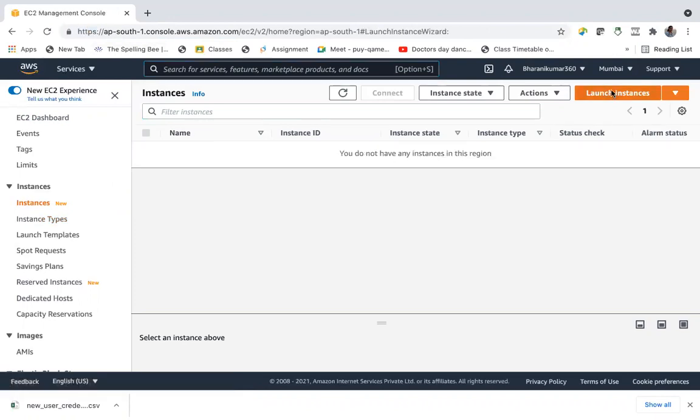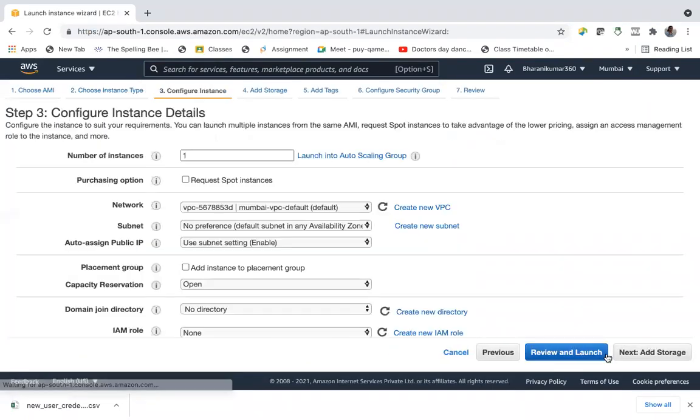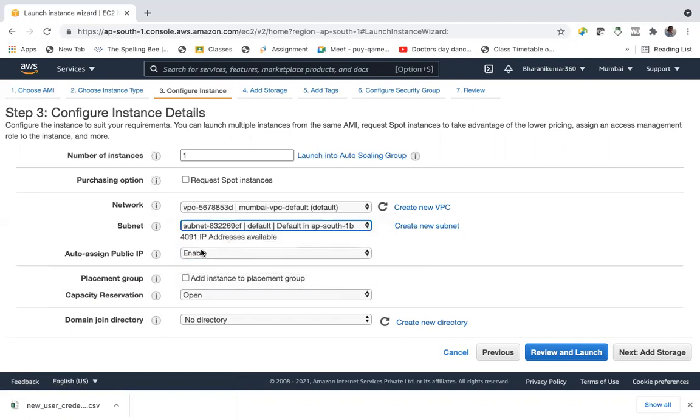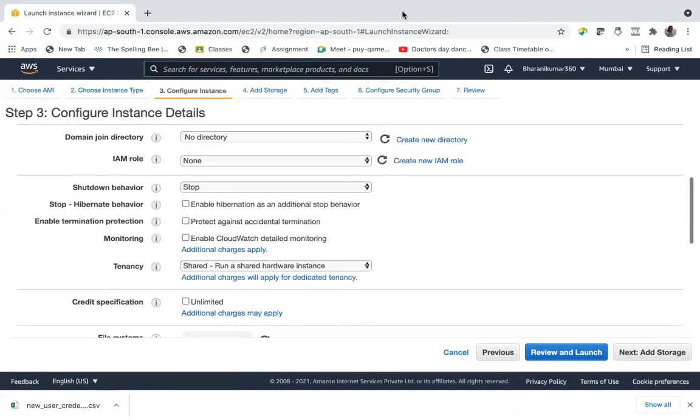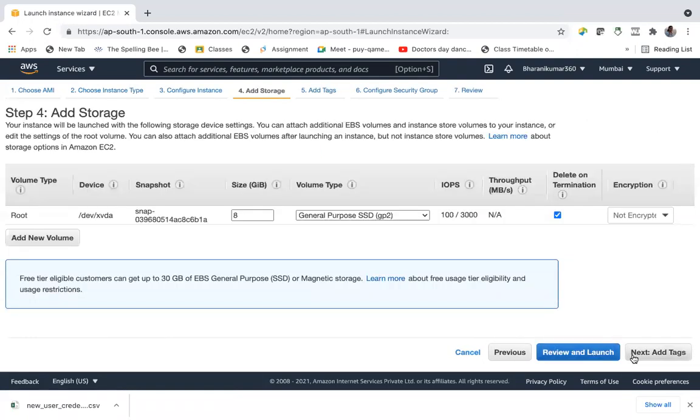Okay, launch instance, select, configure instance, and we want it to be in, public IP should be there. Let's choose 1B, request spot instance. That's it. Next, add storage, add tags,